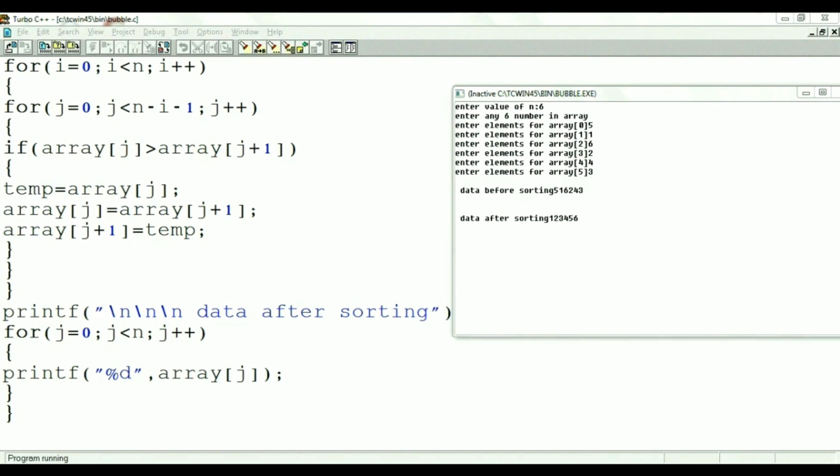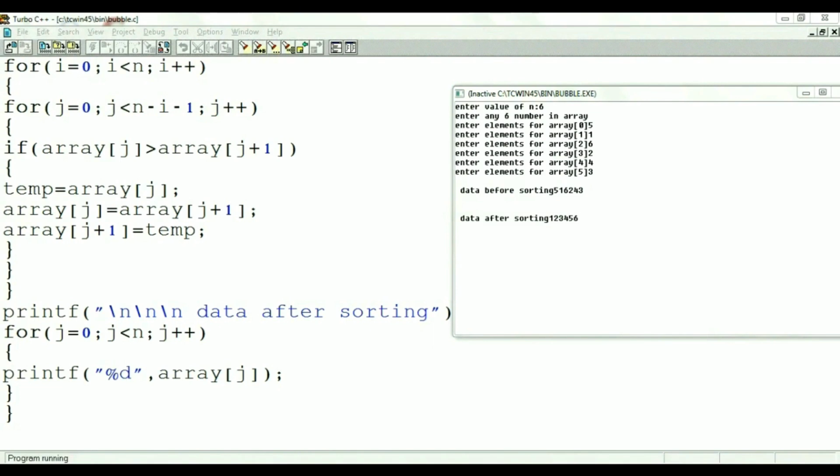Then array of 2 equal to array of 3, that is array of 2 equal to value 2. Then array of 3 is assigned the temp variable. Here we conclude that array of 2 equal to 2 and array of 3 equal to 6. Now after the execution of the if statements, the value of j is incremented to 3.